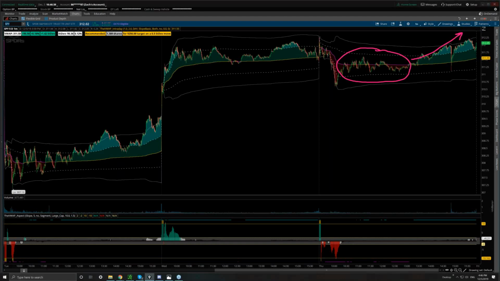One of the things I do like using when I'm looking for news is I just hit the news button here on the side of the charts. That'll pull up live news for whatever ticker I'm looking at. That's a quick way of catching whatever's going on the news feed that might be applicable to the chart that I'm viewing. However, I've always found that you're going to see the evidence of something before you catch the news that's associated with it. So if you're in a trade, you're probably not going to see the news fast enough to react to it.